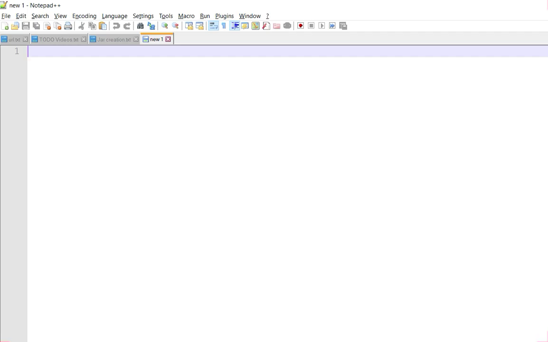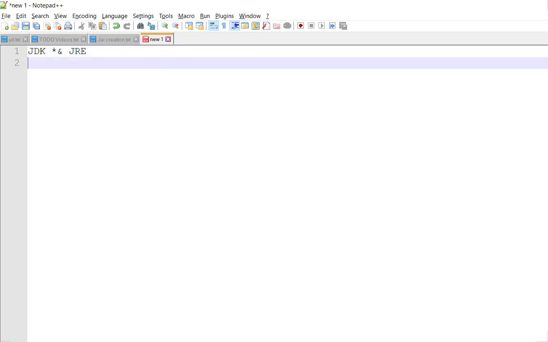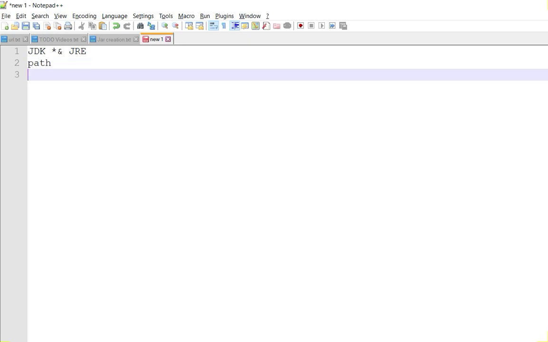First thing is we need a JDK installed in our system, JDK and JRE. Those should be set in your path so that your operating system is able to recognize tools like the Java compiler and Java runtime environment. Those are nothing but executable files, exe files. Once the path is set, then we need a notepad or Eclipse. An IDE is preferable where we can write a simple program, or you can use a notepad.